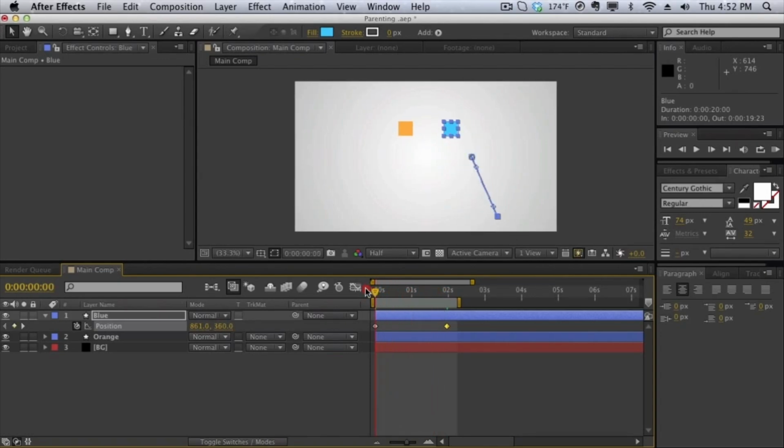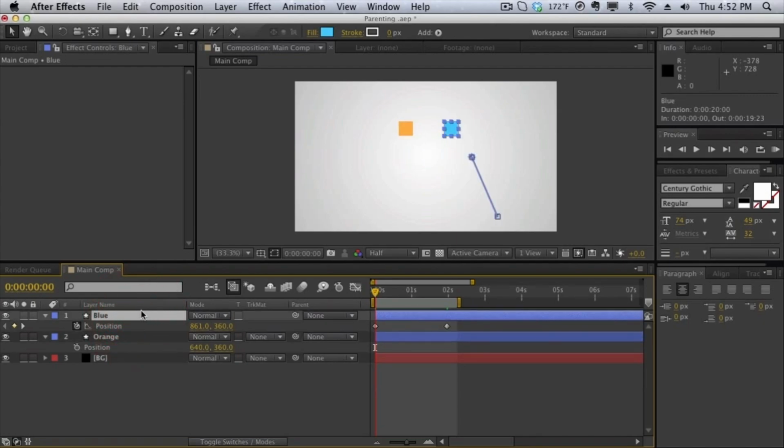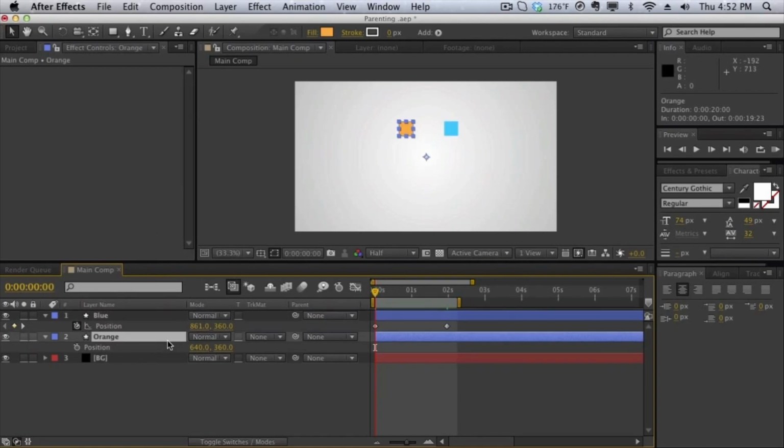Just like that. Well, what if I wanted the orange to do the exact same thing? Well, yes, you could copy the keyframes here and then paste it into the orange position right here. But what if you had to change the blue one again and so on and so forth? Then you have to keep on copying and pasting. If the orange square is going to do the exact same thing as the blue square, why would you want to keyframe both when you can just keyframe one and have one as a child of